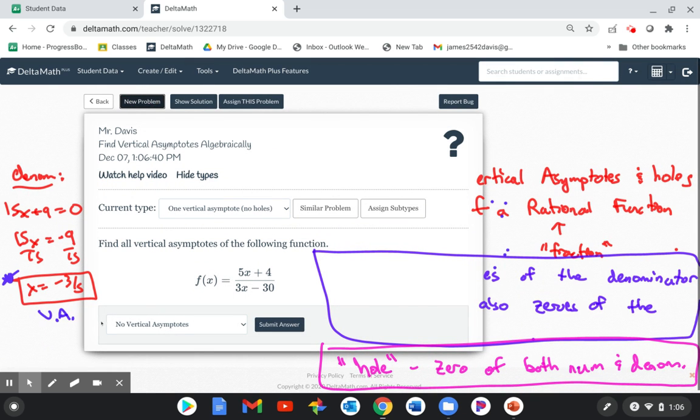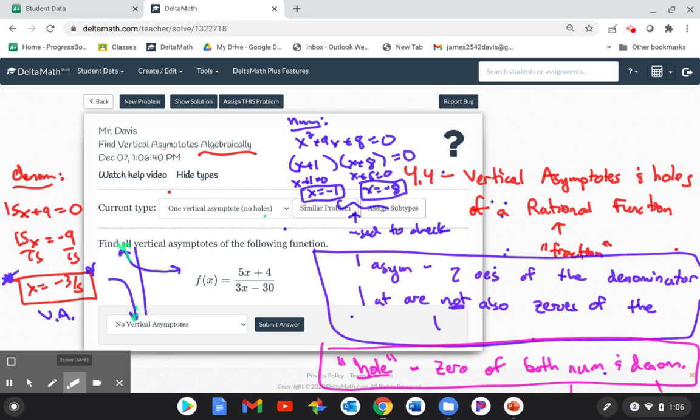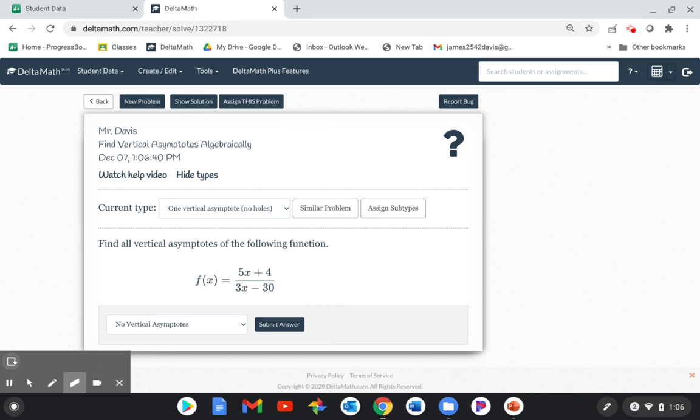All right, let's go ahead and clear out the rest of this stuff for our next question. This should be another pretty straightforward one. So we need to find the zeros of the denominator first. I always just do that first. It doesn't matter the order, I guess, but the denominator, first of all,